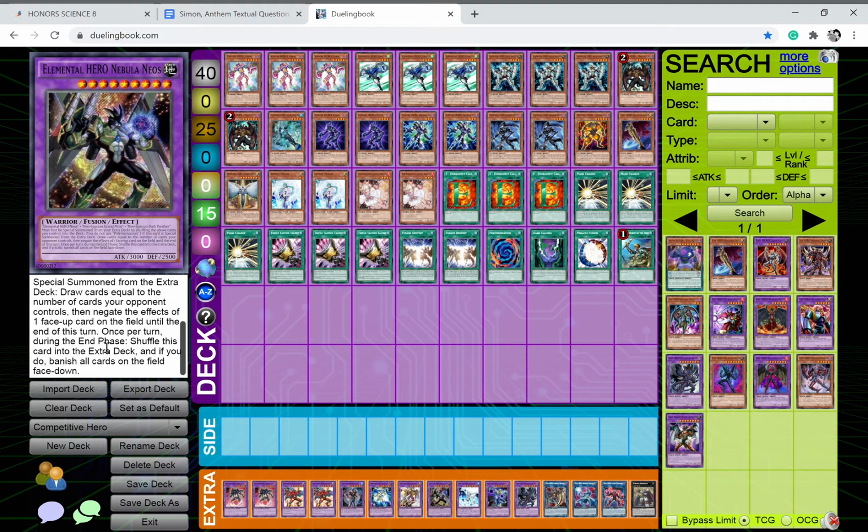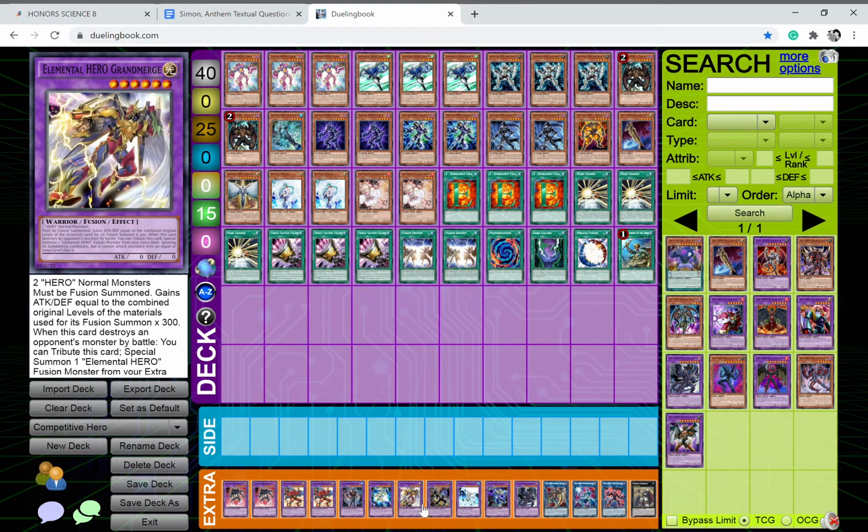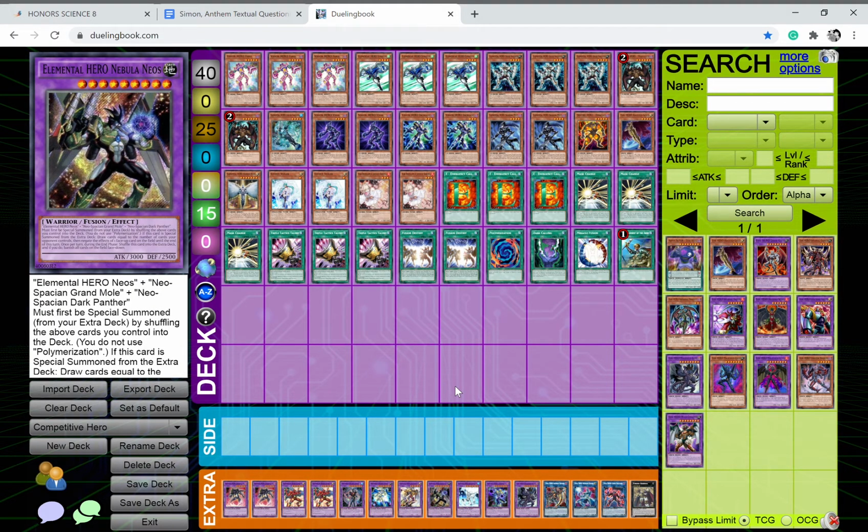So basically, you have to tribute Grand Merge, but you could draw up to 10 cards, 11 cards, depending on how many your opponent has, which means you can draw into like half your deck, which is so good. Like, it's an amazing combo right there. Plus it has a single negation on it, so you can stop some of their like stronger monsters from using